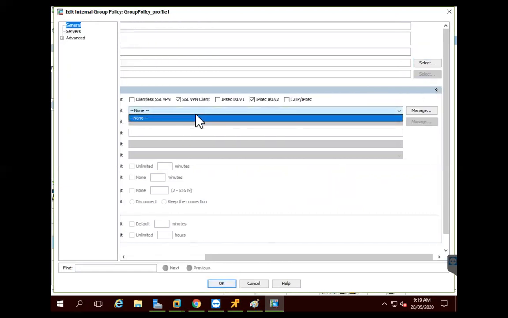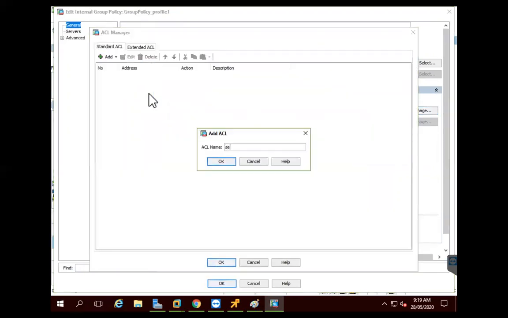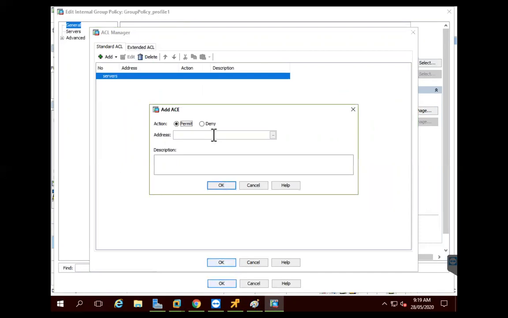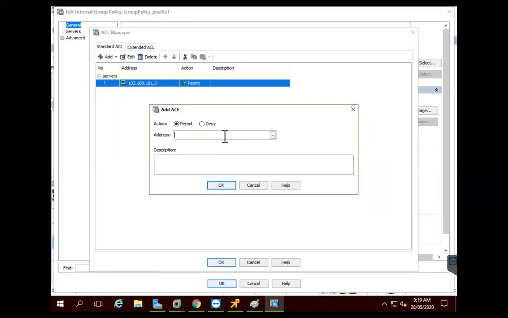Currently I don't have any access list, so I click on manage here. And I will say the access list name will be servers. And I will allow the router's loopback, that is server1.sysable1.com and server2.sysable1.com.